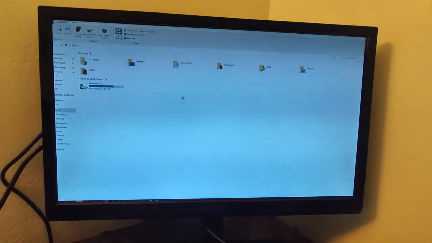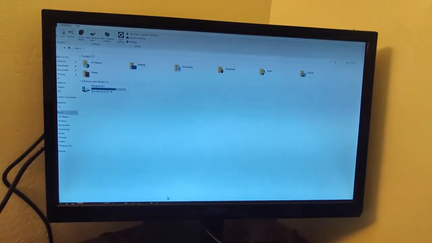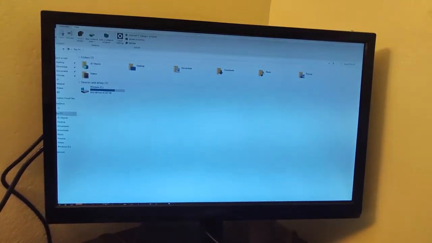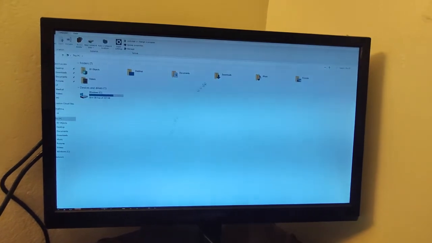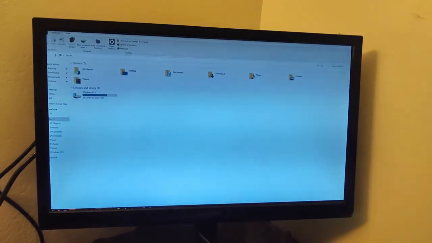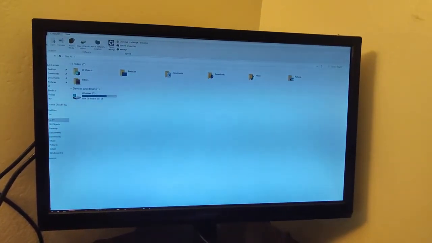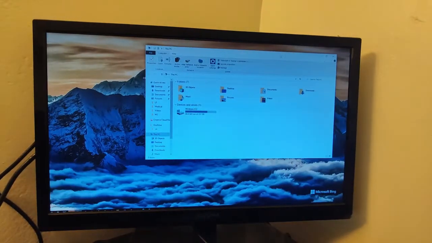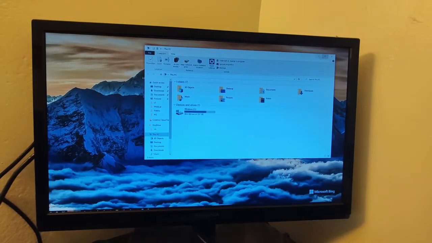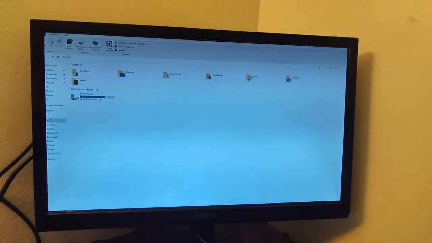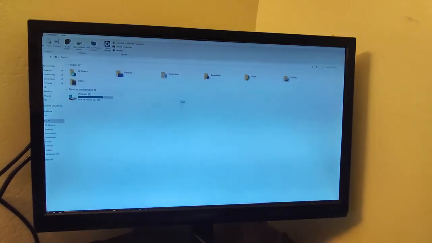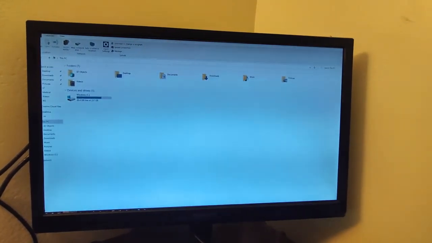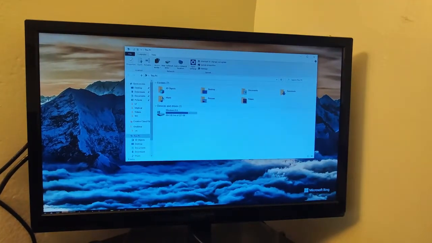And now you can see I have got my edges back and I can normally work as I work in an external monitor. Because of this work from home thing, a lot of people are using their small TVs as extended desktop, and a lot of people like me who were not aware of this issue are facing this problem. You can see again here that edges are cut off. When I maximize any window, the edges are cut off. So I'm again repeating. I'll list down these settings in the video description as well.